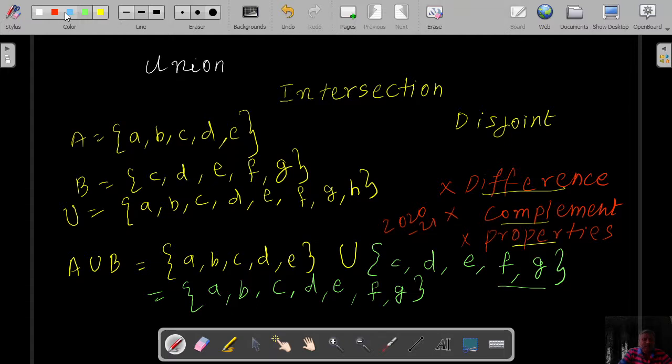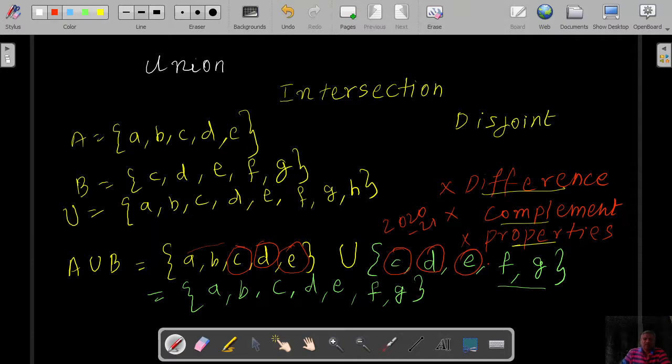What I have done while solving this problem is, I have kept in mind, actually while doing the problem today, I had left out one E, so some student told me that sir, you have not counted that E. So it's very important that you should consider this. I was having this in my mind. So after writing that, I did not repeat it again. Once I wrote this here, I did not write C, D, E one more time. Then the extra elements I have written here, A, B, and here I have written F, G, and also the common elements. So this is what is called A